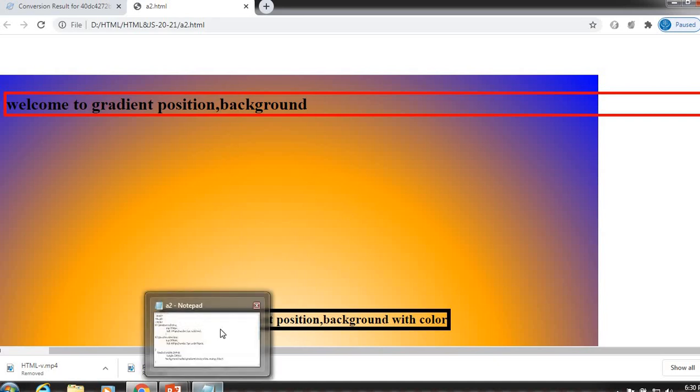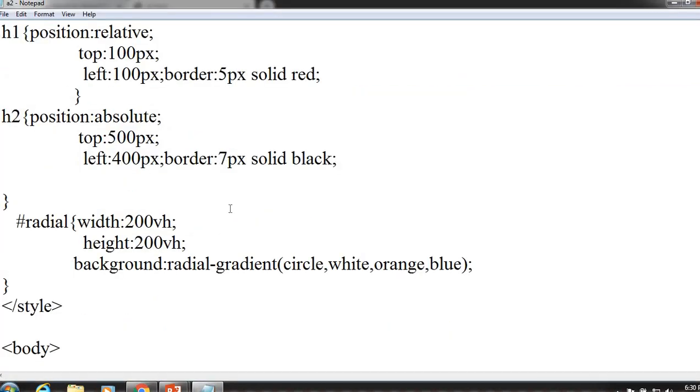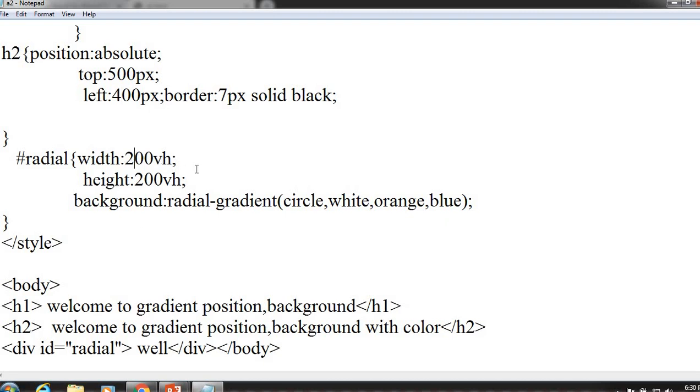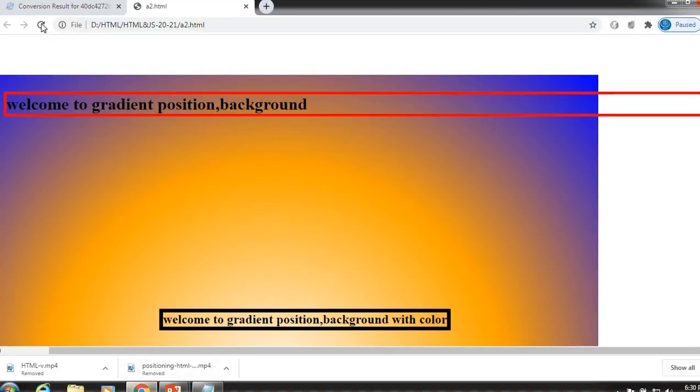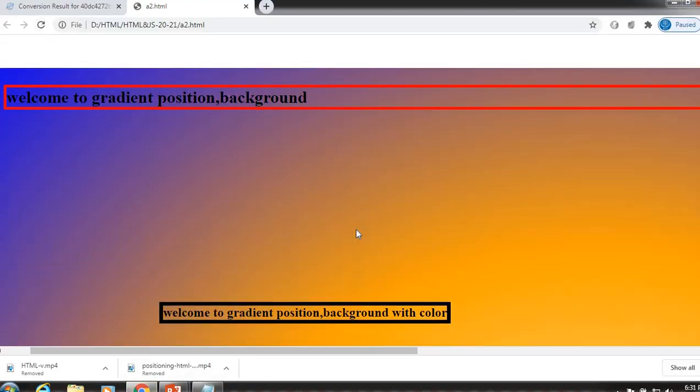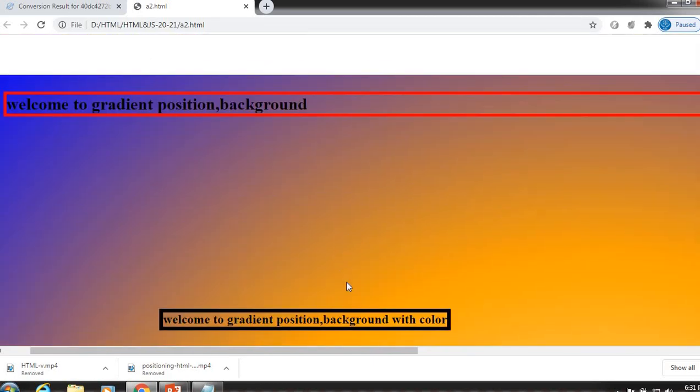So just make the changes to the gradient. I will increase the size of this so it will look better. Now let us see the changes in the reflection. So this is how we can get the required text at a particular location.